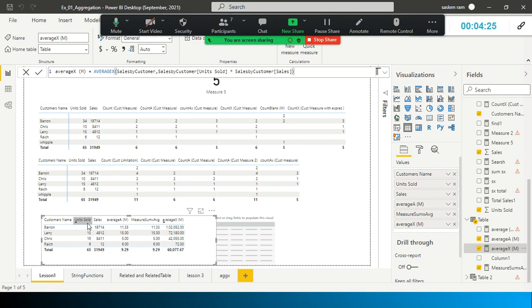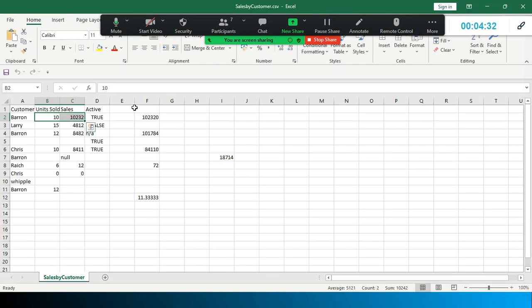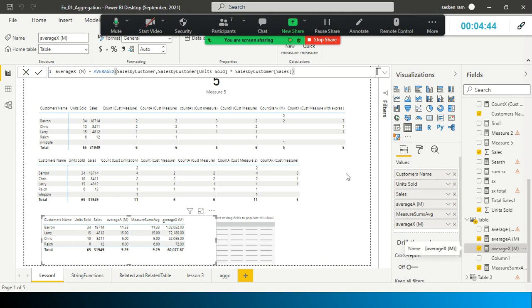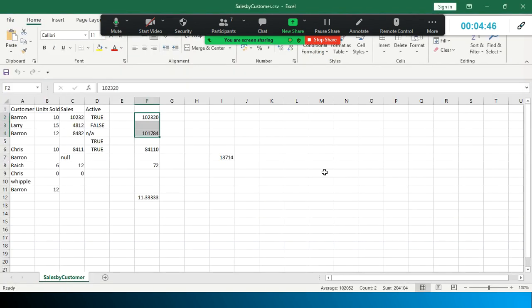Simply what we did, we multiplied this one and then checked this one, and it is wrong actually. When you do row by row, 10 into 10232 is 102320, and 12 into 8482 is 101804. If you select these two, you will get 204104, right? And one more is Baron, this one.